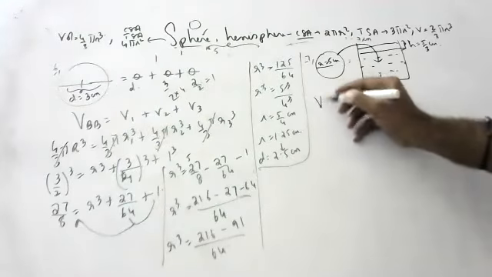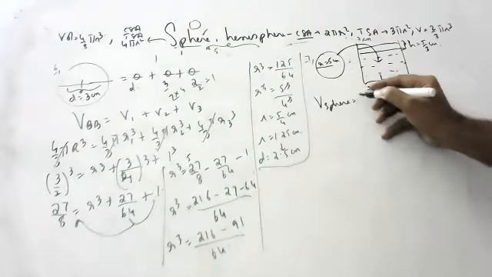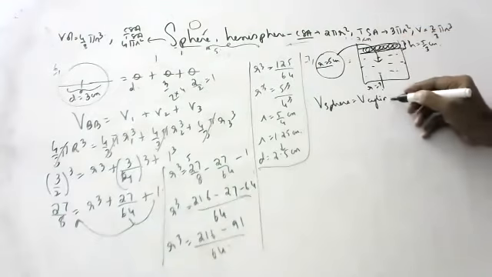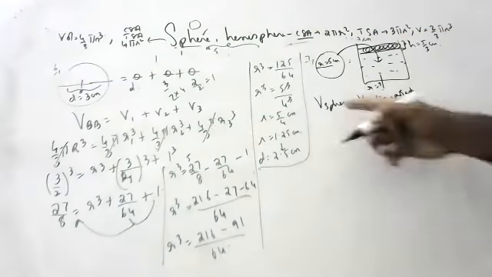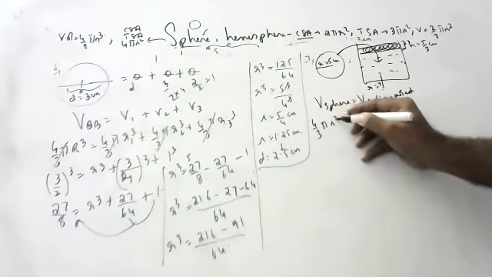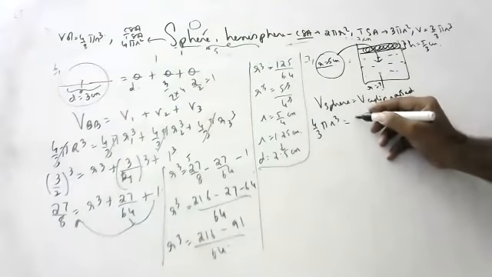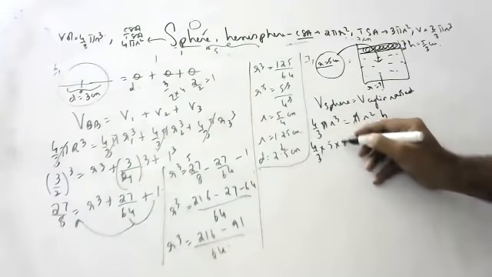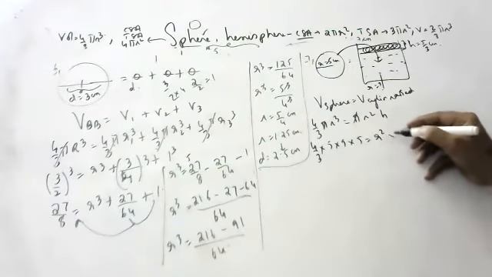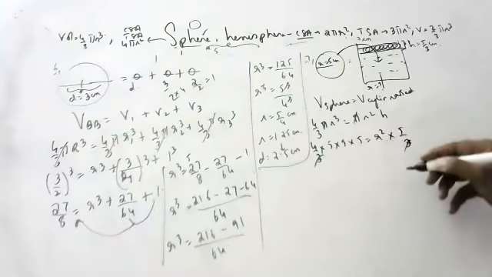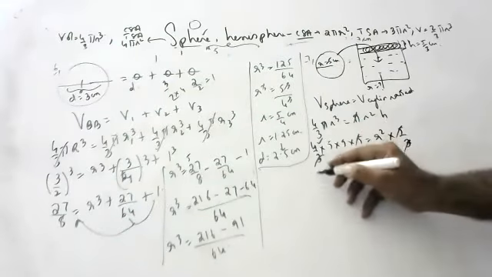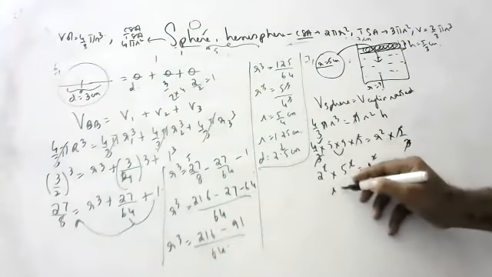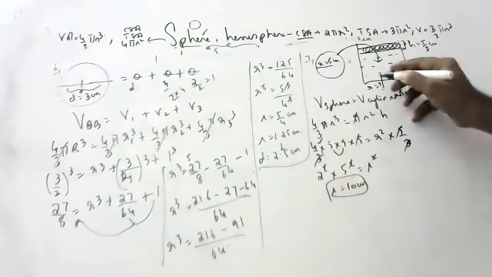Yes, Meghna. Volume of sphere is equal to volume of cylinder. What cylinder? Only the raised part of the cylinder, not full. Volume of sphere formula, 4 by 3 pi r cube, equals volume of raised cylinder, pi r square h. Pi cancels. 4 by 3 into 5 into 5 into 5 is equal to r square into 5 by 3. 3 cancels, 5 cancels. 4 can be written as 2 square, into 5 square is equal to r square. So radius is 10 centimeters. 10 centimeters is the radius of the cylinder.